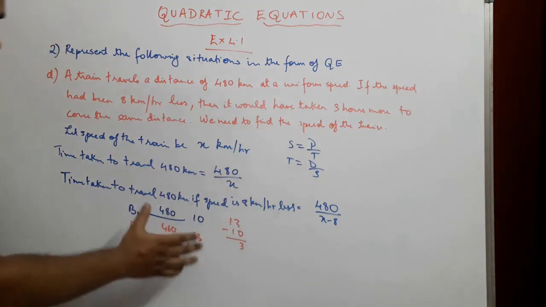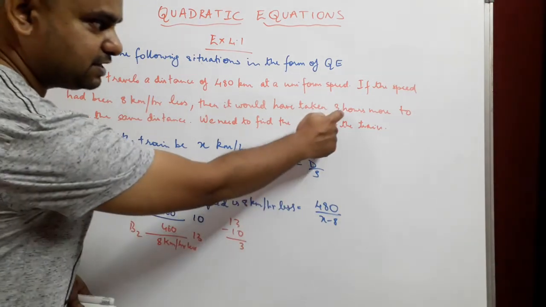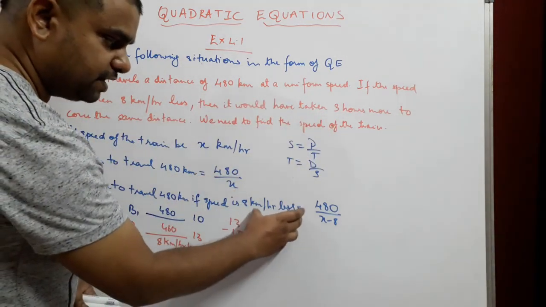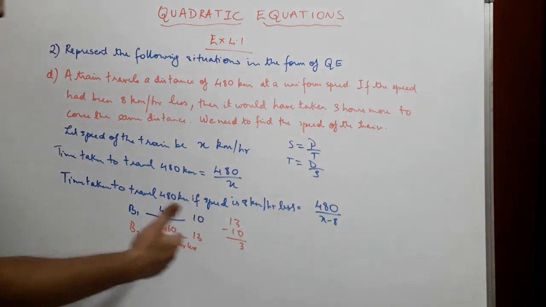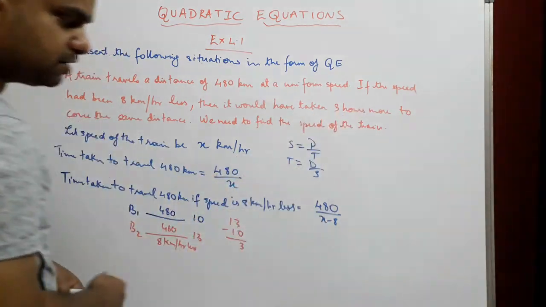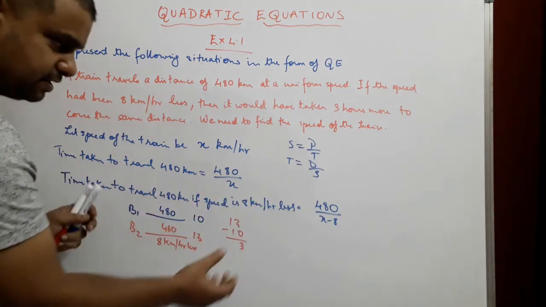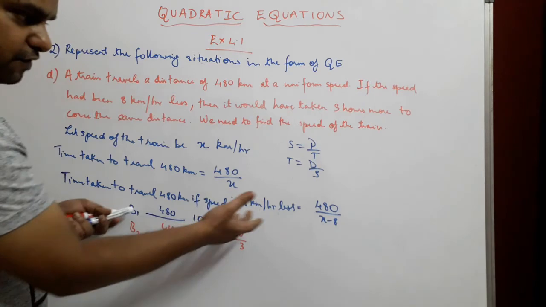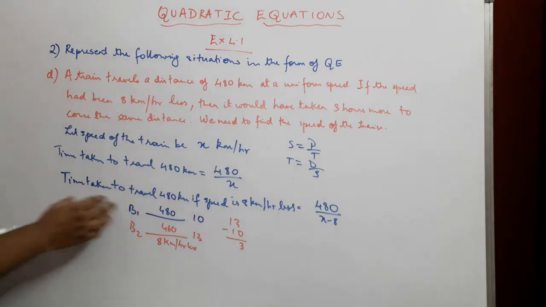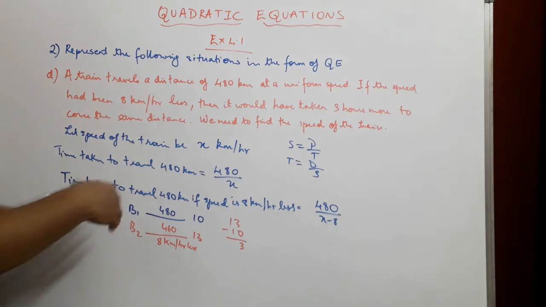Okay. So if we find the difference between the two, the difference between the two comes as 3 hours. Because it clearly said it takes 3 hours more when we travel with 8 kilometers per hour less. The speed is less. So the difference between the two is equal to 3 because it is 3 hours. So we don't know the actual time that is taken. When we solve for it and get the value of x, we will get whatever is the time. Here we have just assumed, we took 2 examples to explain this concept and see how we get the next step.